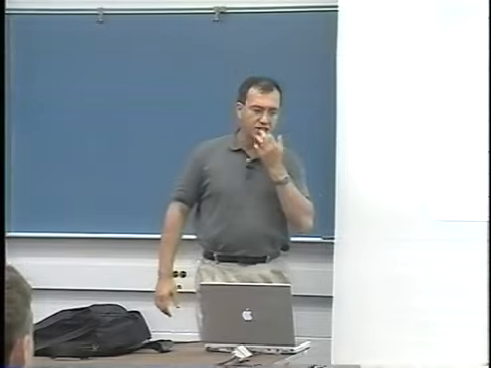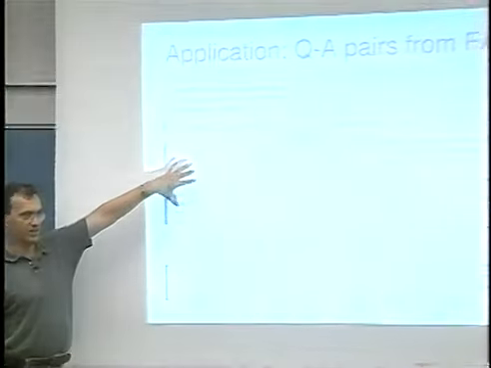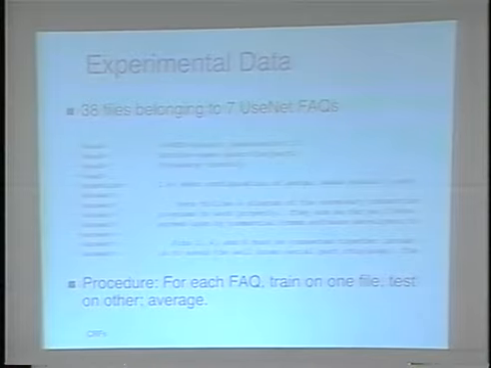So the application we started with was separating questions and answers in internet FAQs, which is a simple problem and doesn't have a lot of data, so it's one that you can experiment with different possibilities. And it's a case where layout is very important. It's not just the words, but in which context. There's blank space, there's a little thing that says, oh, this looks like the label of a question, and so on. So there's a lot of contextual information that's useful. So you have some experimental data labeled in the appropriate way.